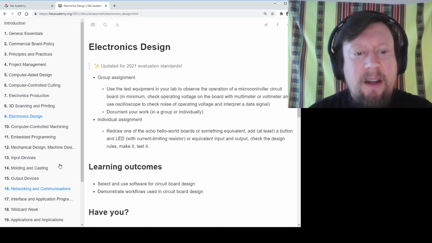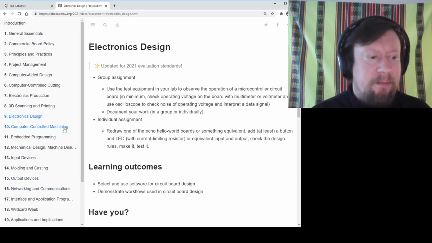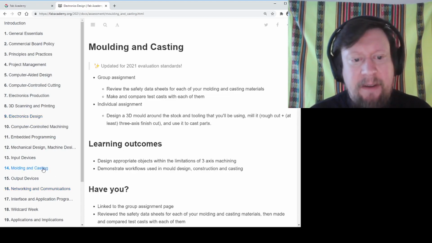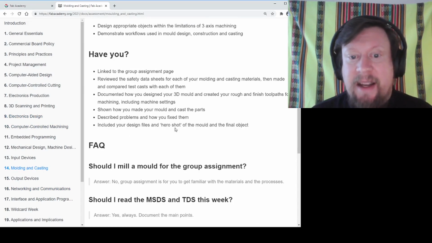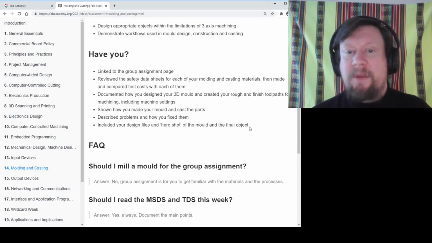Then we have this thing called a hero shot. Let me see if I can find one. For instance, from here, have you included your design files and hero shot of the mode and the final object? That means